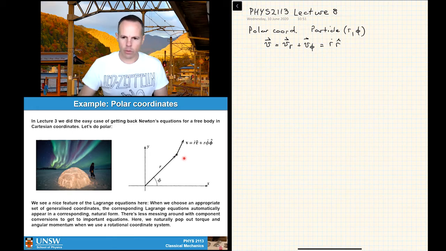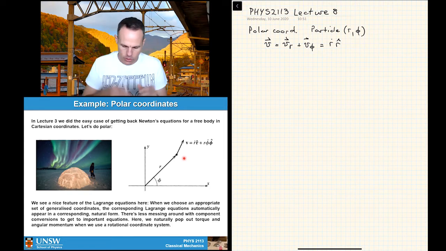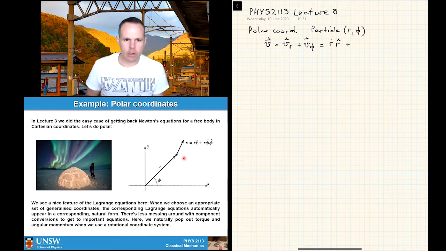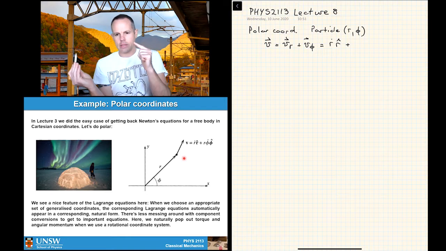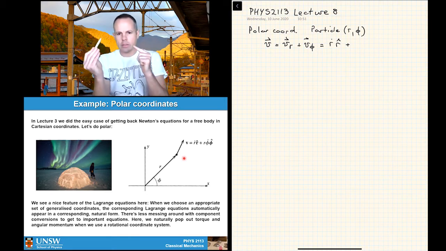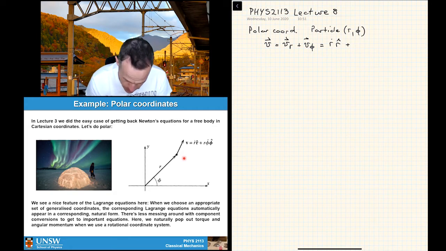So it would be whatever the change in radius is with respect to time, r dot, pointing in some direction that's radial, plus a polar coordinate, right? And we know that that is essentially a rotational velocity. So it's going to be the radius times the angular frequency, and the angular frequency would be d phi on dt. So this would be r phi dot